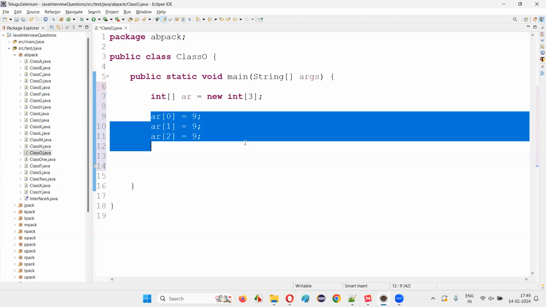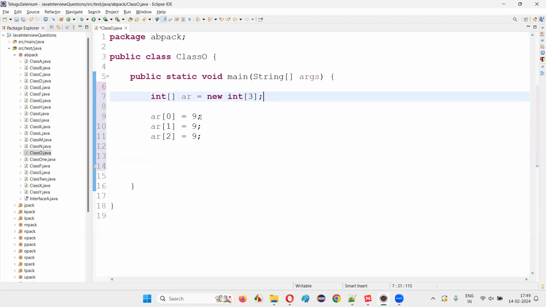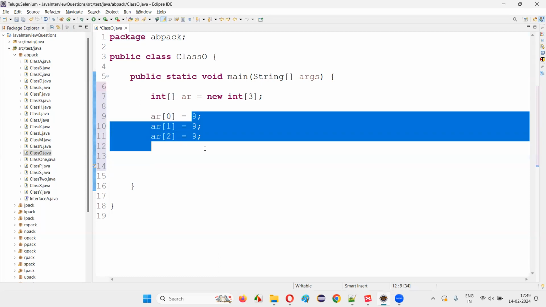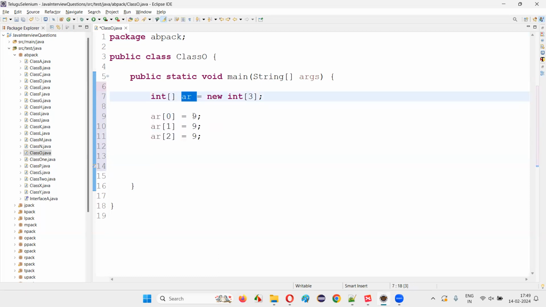No matter how many duplicate values you give according to the size of the array, doesn't matter, guys. All the elements can have the same value. Duplicate values are allowed in array because this 9 is stored at the index 0 of the array. This 9 is stored at the index 1 of the array. This duplicate value 9 is stored at the index 2 of the array. Since the array elements are differentiated with the help of index, they are of different index, they can store duplicate